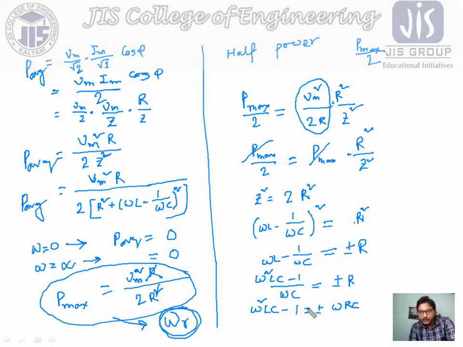Now if we take this to one side, the equation becomes omega square into LC, then obviously minus plus of omega into R into C on the left hand side, then again minus 1 equals 0. So this is our equation, and if we compare this equation, we know that if the equation is like this,